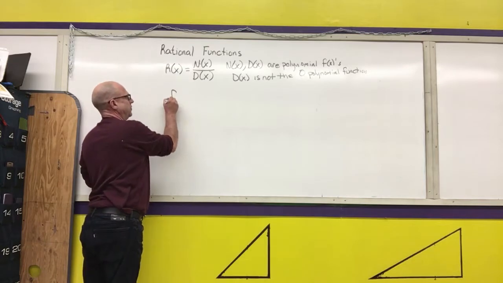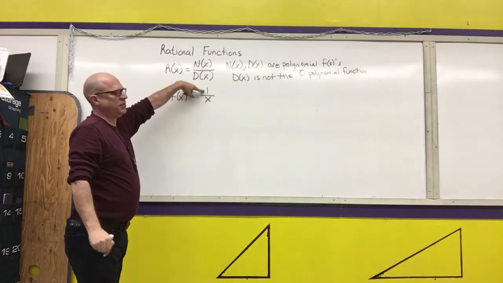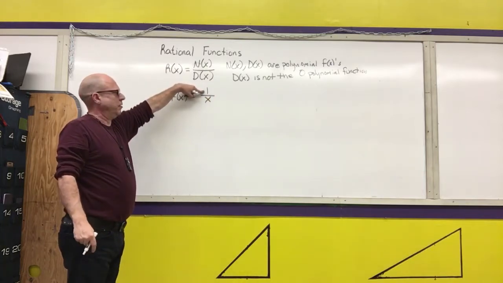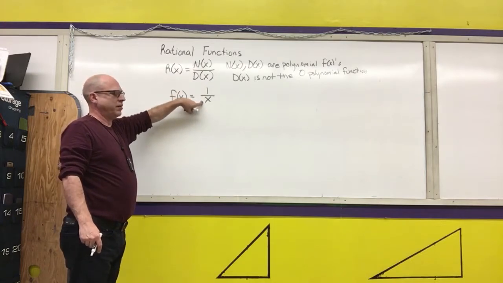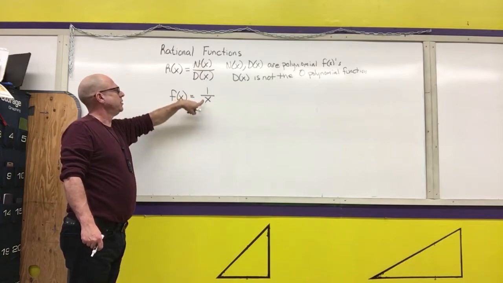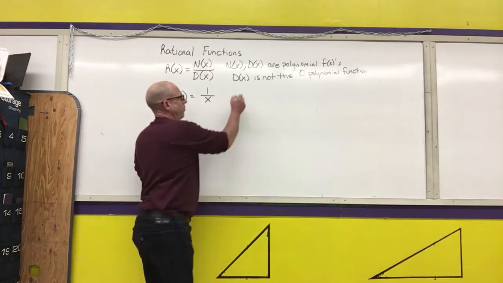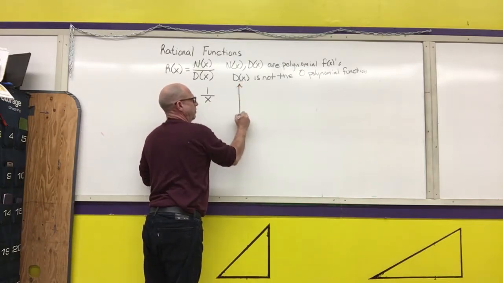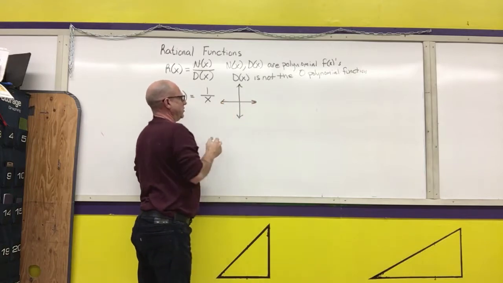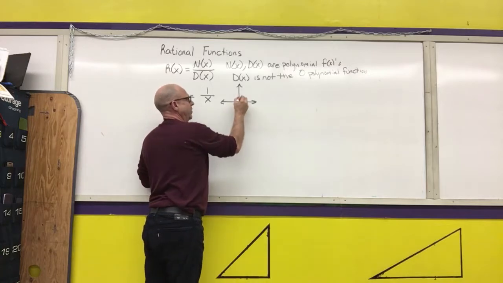The simplest rational function that we know is one of our memorized graphs from high school algebra. It's 1 over x, where 1 is the polynomial function 1 times x to the 0th, and our denominator is 1 times x to the first plus 0 times x to the 0th. So we should recall from our high school algebra class and earlier when we talked about functions that the graph of this function looks like this,